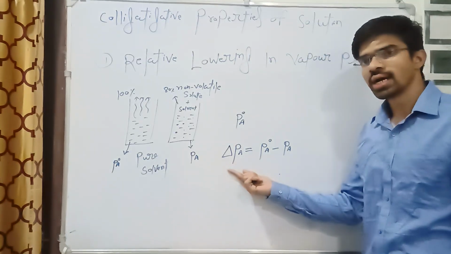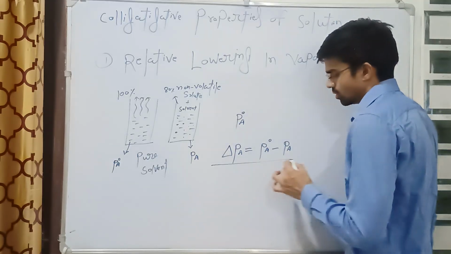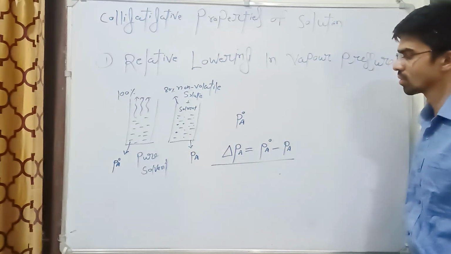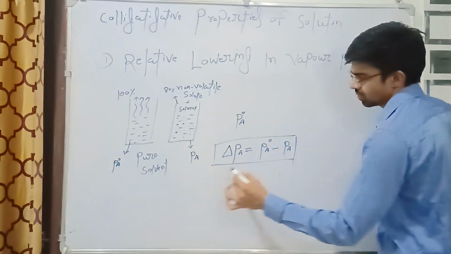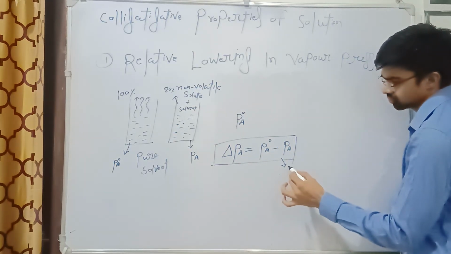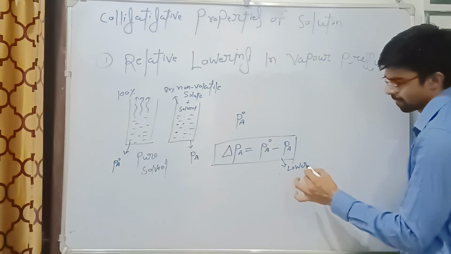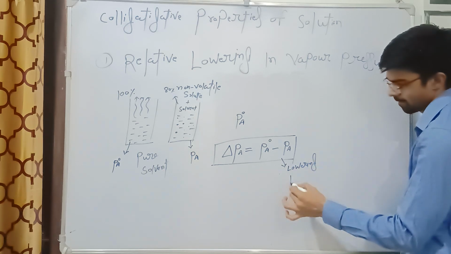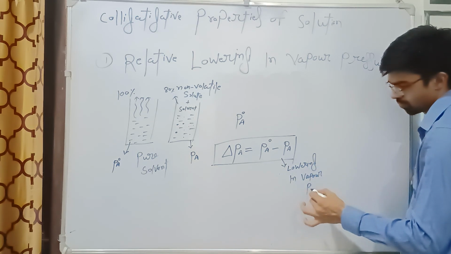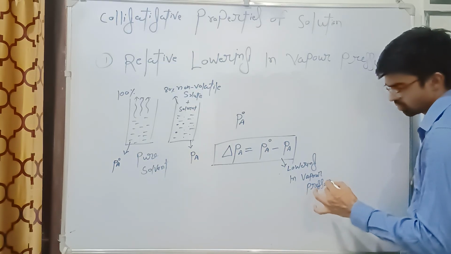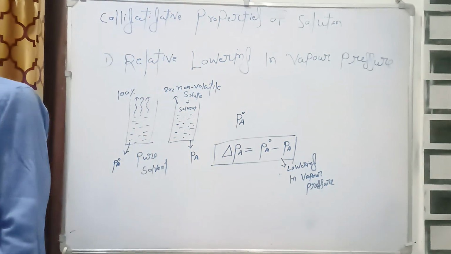So this is called the depression in vapor pressure or lowering in vapor pressure. Now from Raoult's law, we know